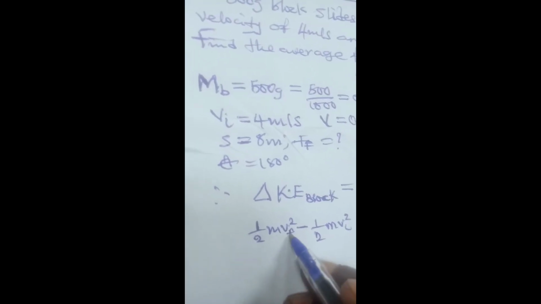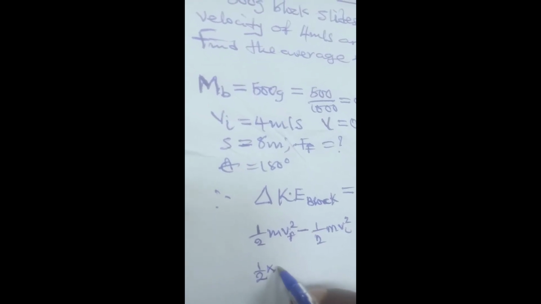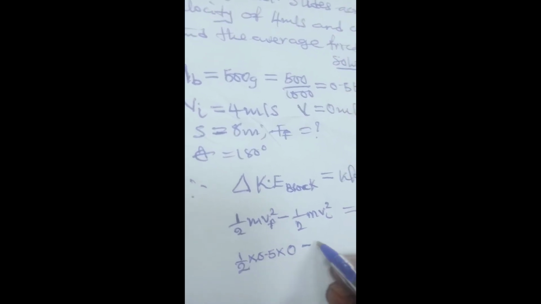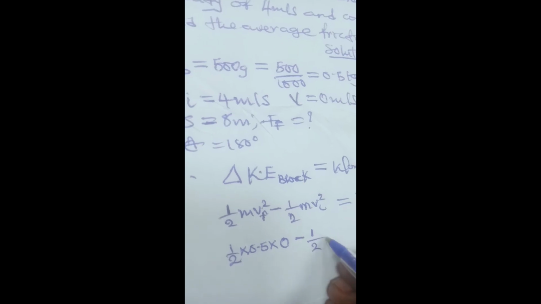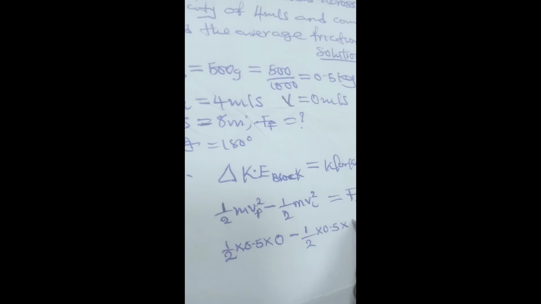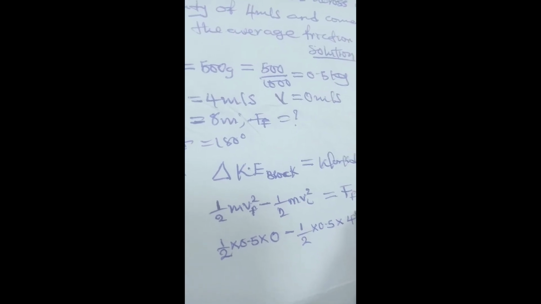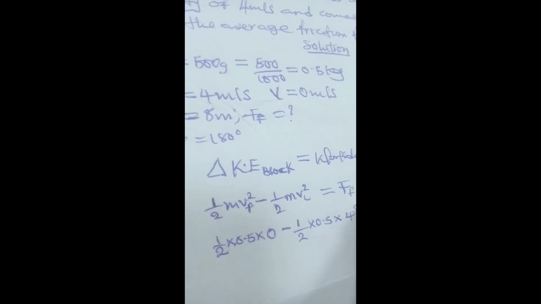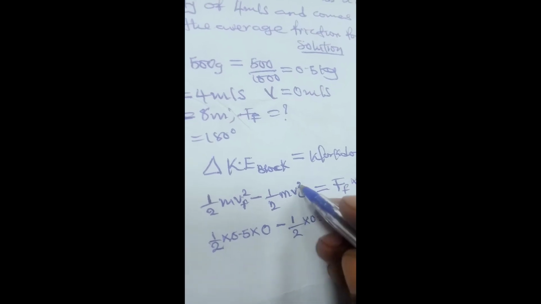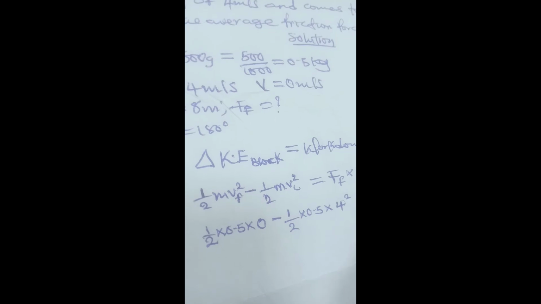Now, at this point, your final velocity, if it is 0, you have m times 0.5 times 0. And the initial term is m times 0.5 times the initial velocity, which is 4 meters per second, squared. When you replace v with 4, it will be 4 raised to power 2, which is equal to your force, which is what you are asked to calculate,